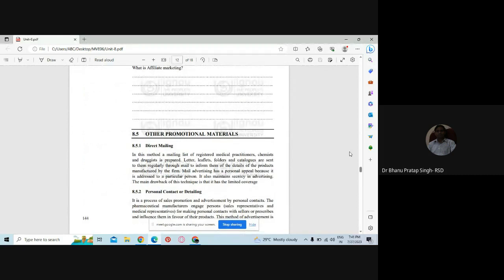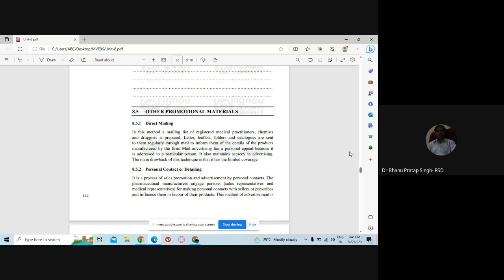What is next? Some other promotional materials हैं, जैसे आप लोग डायरेक्ट मेल कर देते हैं या कंपनी डायरेक्ट कस्टमर को मेल करती है कि this is our product, this is our rate, these are our incentives if you buy, and these are our places from where, and these are the contact numbers from where you can order.